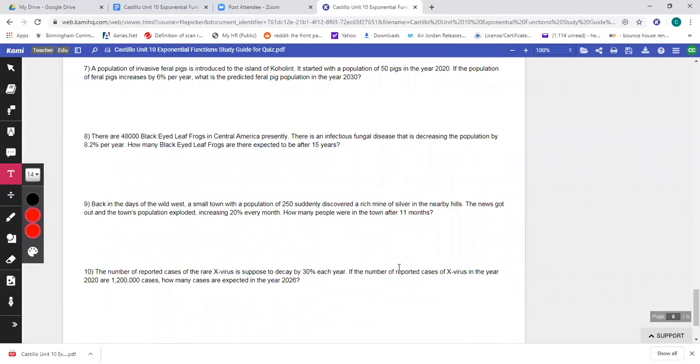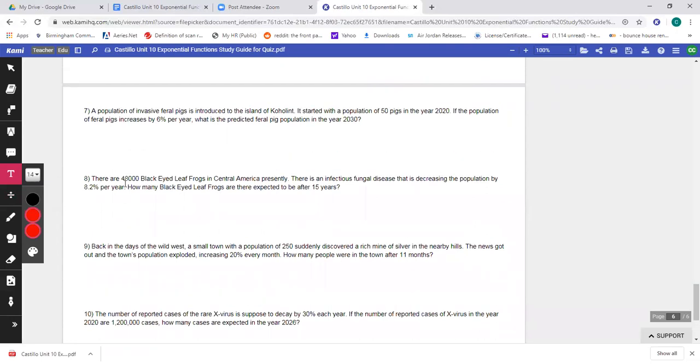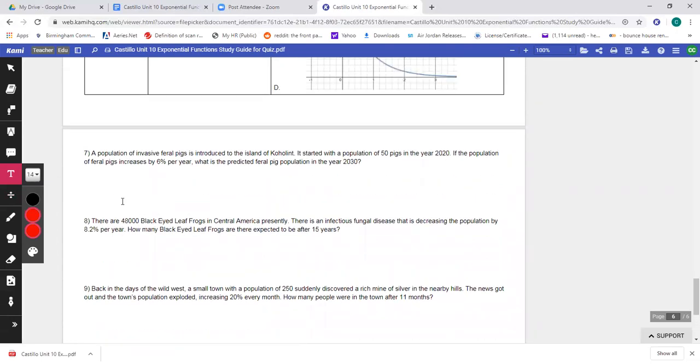So this is what we did yesterday. A population of invasive feral pigs is introduced to the island of Kohilant. It started with a population of 50 pigs in the year 2020. If the population of feral pigs increases by 6% per year, what is the predicted feral pig population in the year 2030? Now, remember that if we're doing exponential growth,